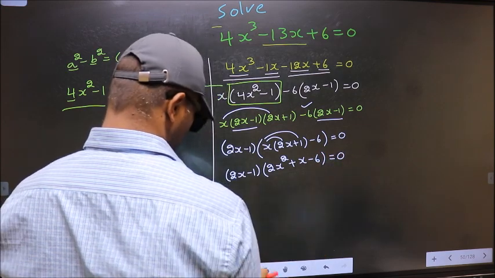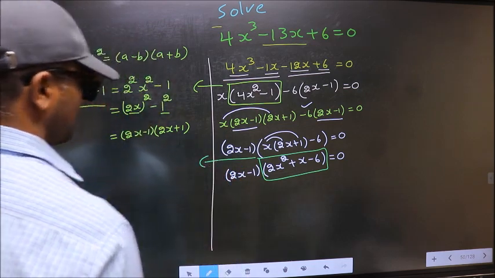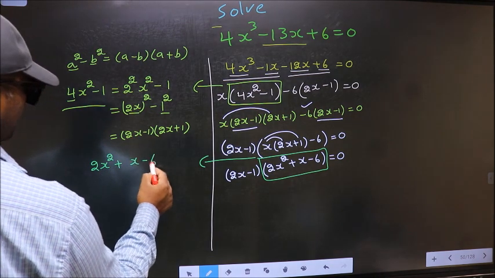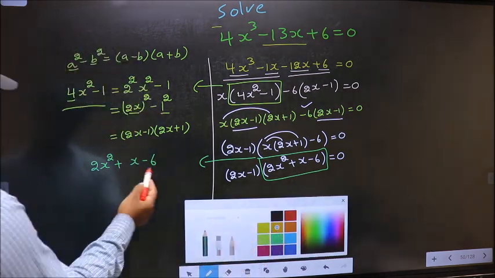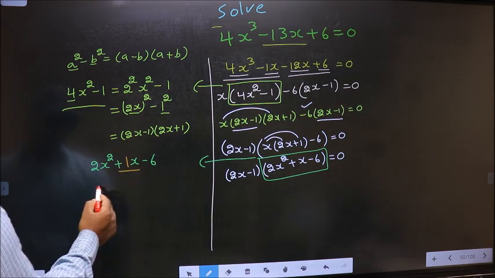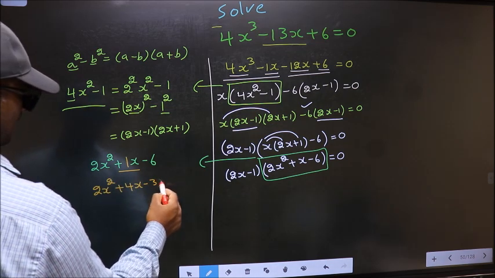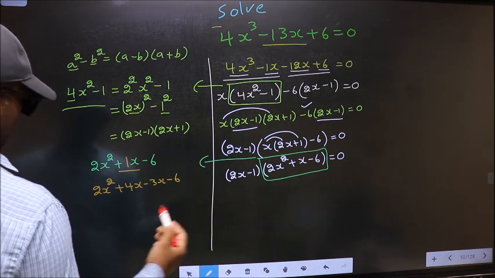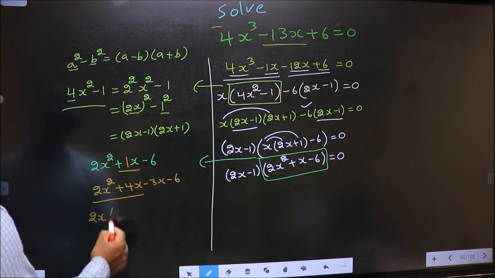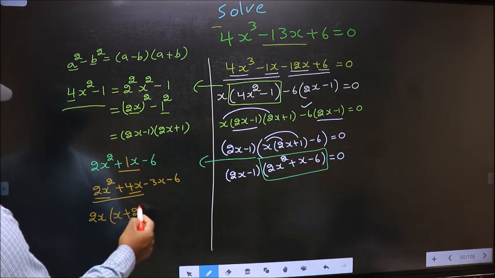Now this quadratic I will factorize it here, that is 2x square plus x minus 6. To factorize this, we should split the middle term plus 1x. In place of plus 1x, now I write plus 4x minus 3x minus 6. Next, what can be taken out common from these two terms is 2x. From this 2x out you get x, plus from this 2x out you get 2.